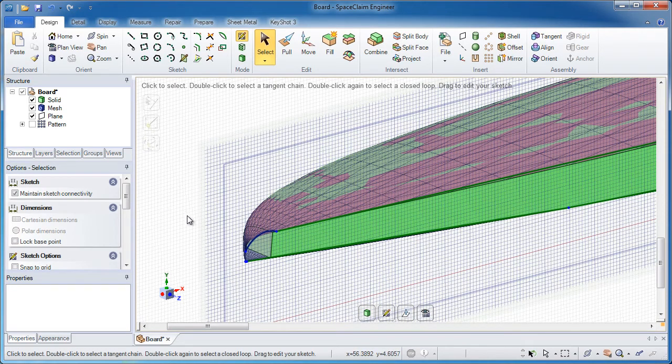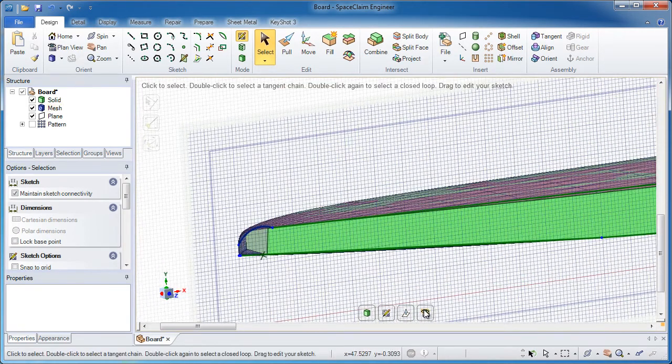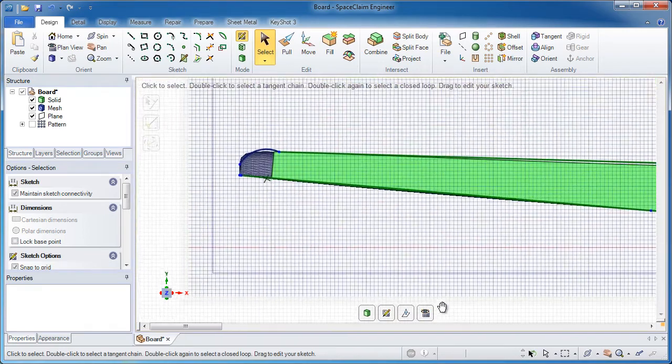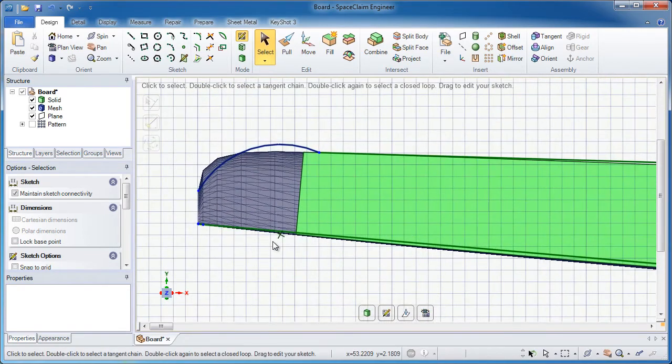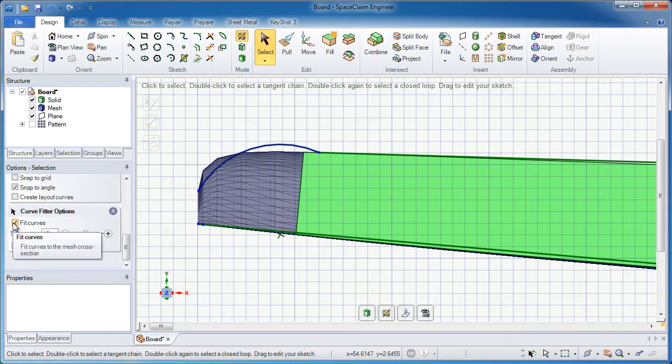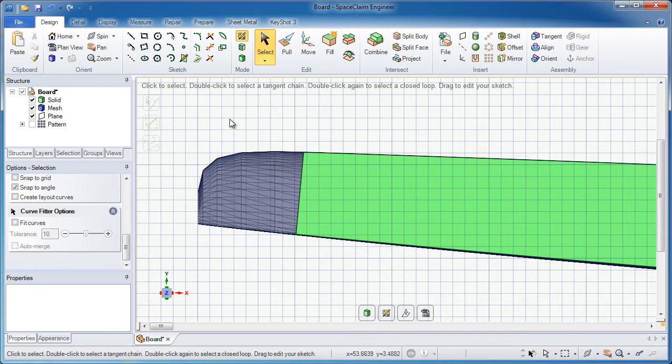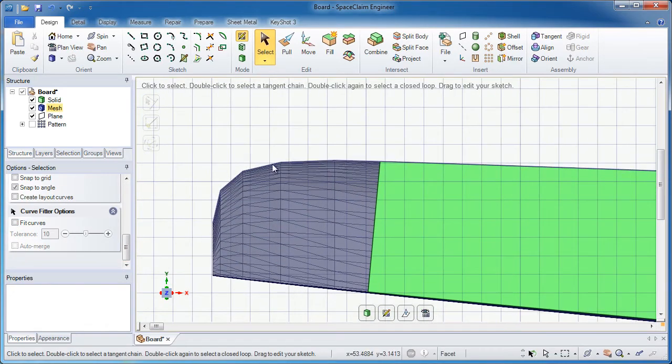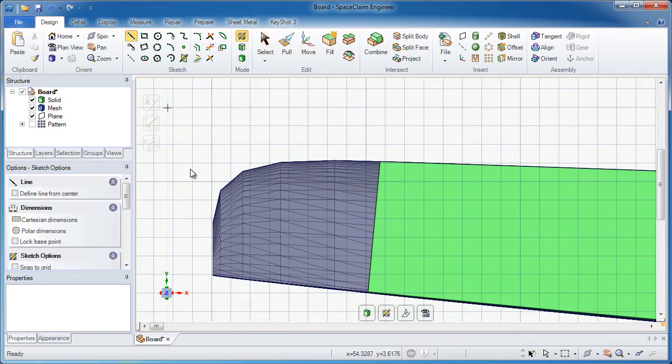Now, at this point, I don't want the preview of the curves that SpaceClaim is trying to generate. Those are just sort of getting in the way. They're not exactly what I want. The fit curves, so we'll go ahead and turn those off on the left-hand side. So I really want to draw out the profile right through the middle here, and basically it consists of a